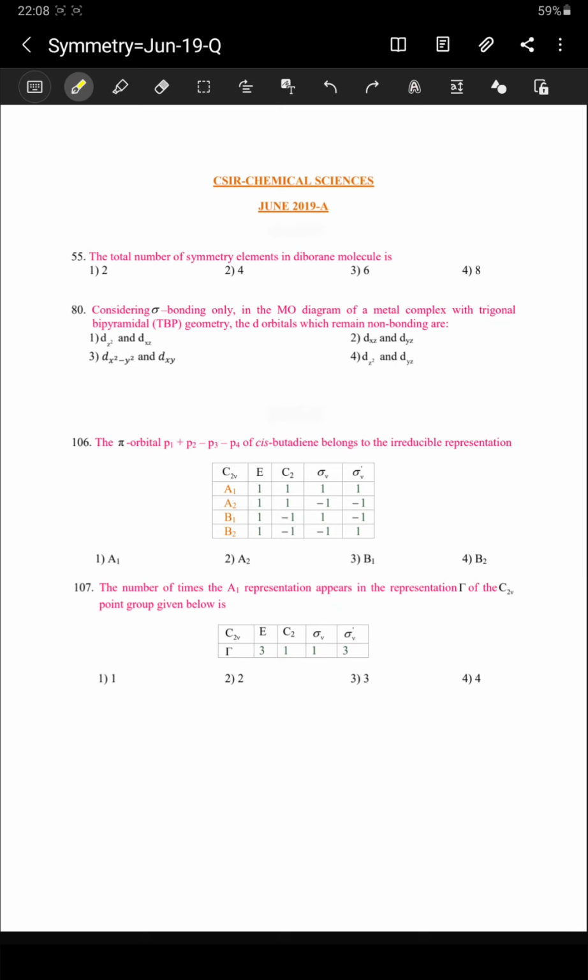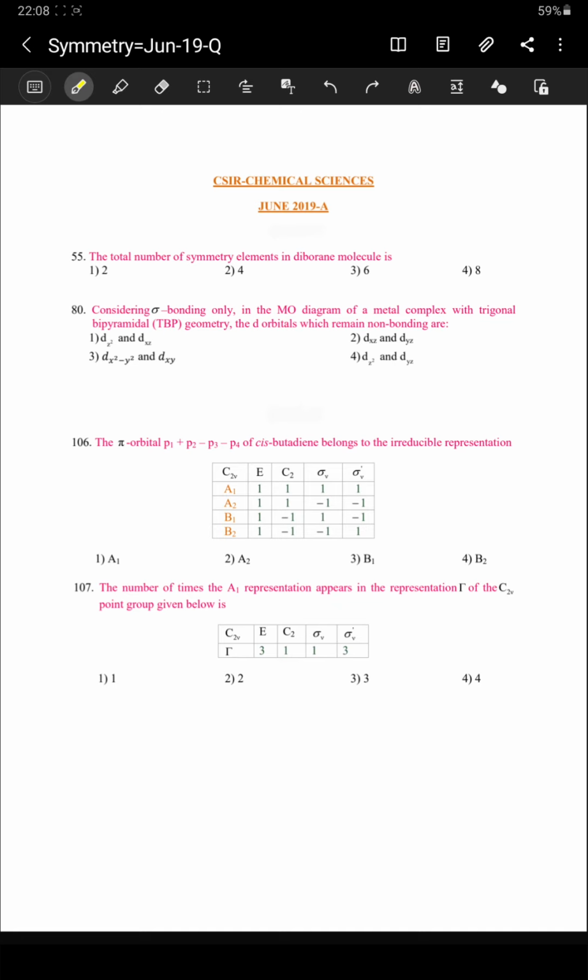Well, if the student wants to remember the point group and the symmetry elements of some molecules, it is well and good. But symmetry and group theory is such a unit where memory does not always work, but strategy always works. So every student must know the strategy, and once they understand it, whatever molecule is given, they can very easily work out the point group and then the symmetry elements.